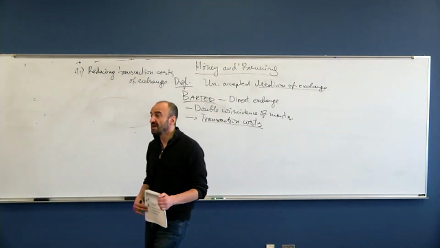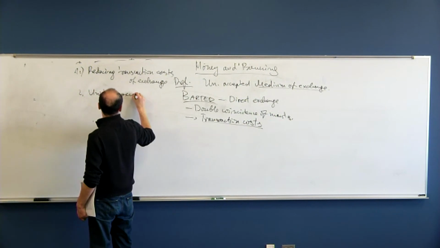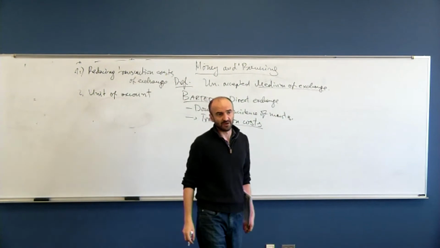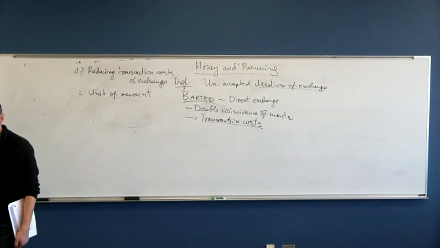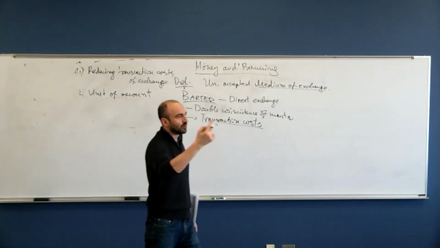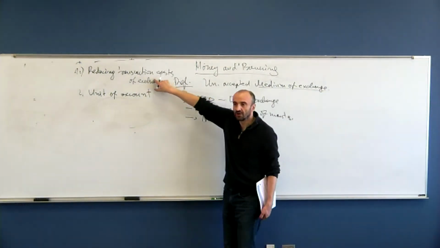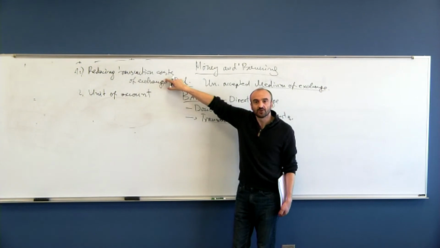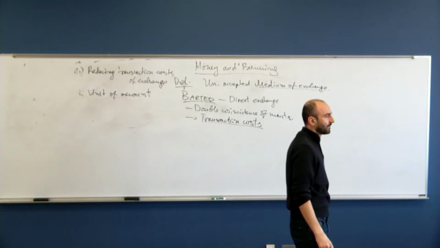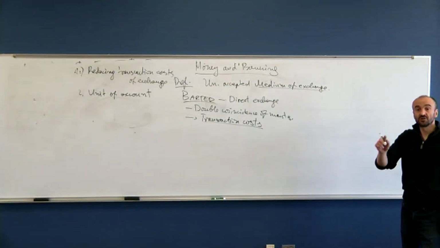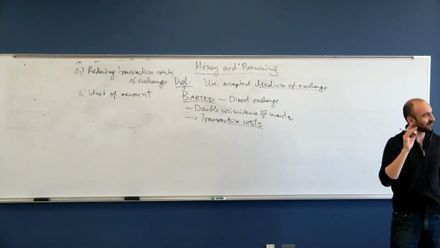Number two, equally important, maybe even more important, the unit of account. Capitalism is impossible without money. A mass society based on mass production and consumption of goods and services, and integration of large areas of the globe into one economic system, is absolutely and categorically impossible without money. The first reason is this thing here, reducing transaction costs, allowing people who are not part of the same community or village or family to exchange goods and services. And exchange is useful. Why is exchange useful? Even if it doesn't lead to further production, further increased production.